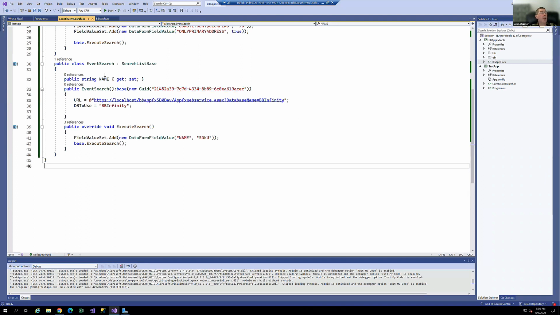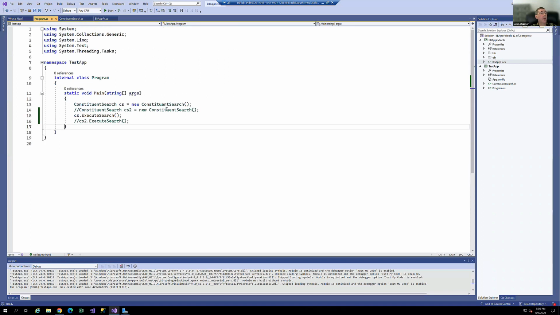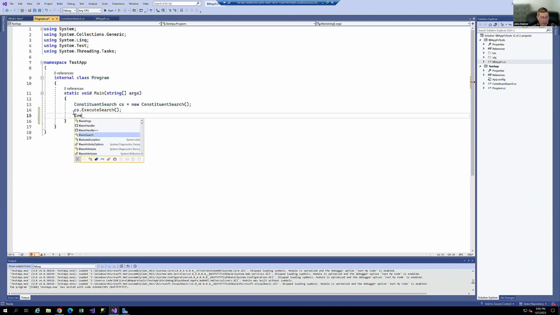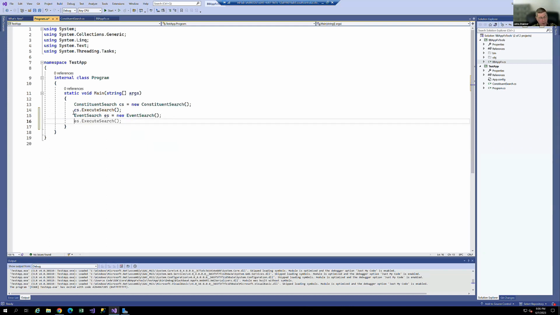All right, so once we've done that, all I got to do is go back over to my program. This time I'm going to clean some of this up a little bit. I'll get rid of my CS2. I don't need that. And this time, event search, ES equals new event search, ES.name